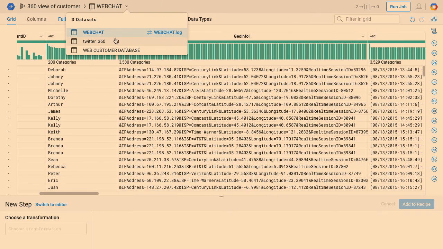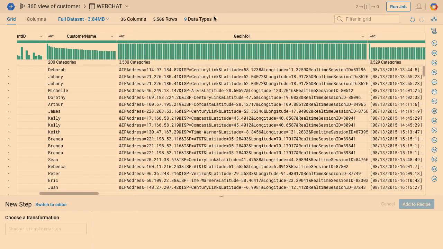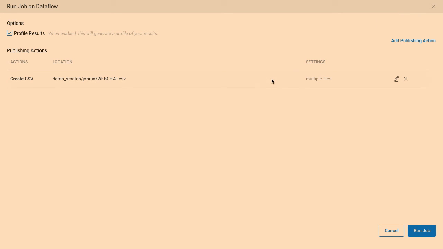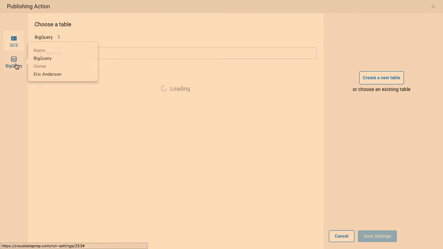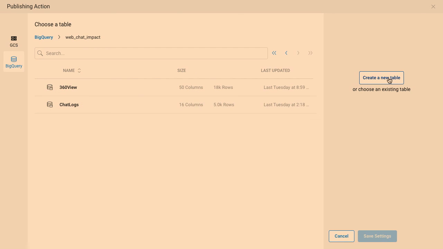So I could join this Twitter data set, but I think I've got enough with the web chat and the web customer database joined. I'm going to go ahead and run this job because I feel like I've got everything ready now. I've enriched, and I want to do my analysis. As mentioned, you can use Dataflow jobs within Data Prep to write to either Cloud Storage or BigQuery. I'm going to select BigQuery here. I happen to have a data set ready for us. I'm going to create a new table